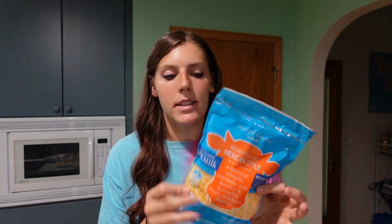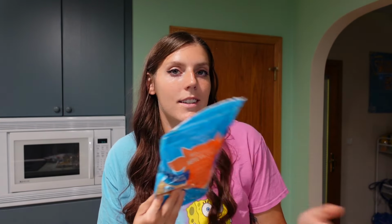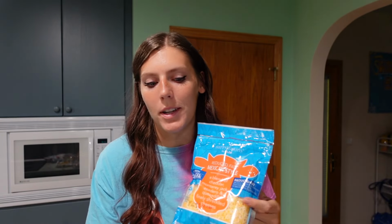A lot of times I like to use this cheese on eggs, pizza, pasta, quesadillas, anything you really need shredded cheese for. It's just a good option. They usually have 2 different reduced fat ones. So today they had Mexican style and cheddar, and I just went with the Mexican style. It's nice to have that on hand for a bunch of different recipes. And again, even to just use like a half serving at a time, it adds some nice cheesiness to meals